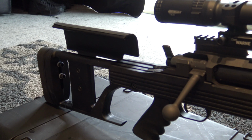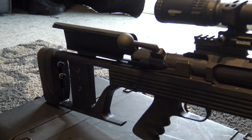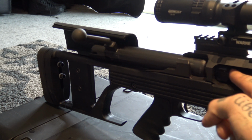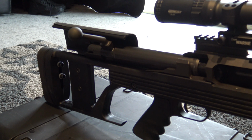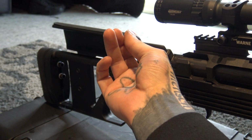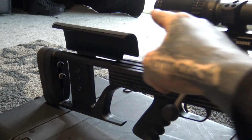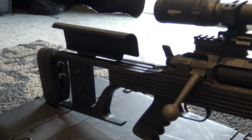They wanted to have a cheek riser, obviously. So look where the bolt goes. It goes under the cheek riser. In order for that cheek riser to be there, it has to be high, just simply for the design of the bolt. And if you're going to have your cheek weld, it should probably line up with your glass. And for me, it does. And that's great. But the one part about that that's stupid,